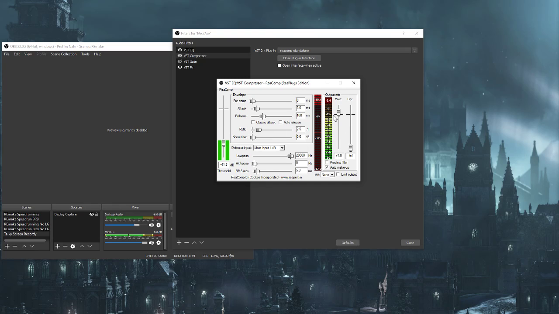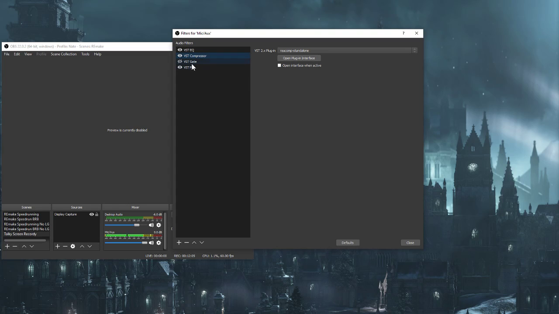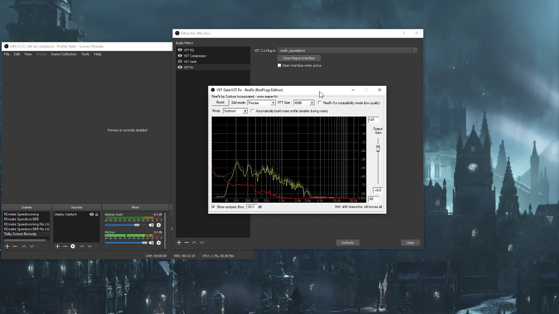I also boost the wet output mix up to 1.0 from base 0, and I also checked auto makeup. Some of these things I don't really know what to do. I was just basing it off of a YouTube video that I was watching, so if you can think of better things to do, then do them, but this sounds good to me. And then finally, the FIR, which I don't really know what that is, but